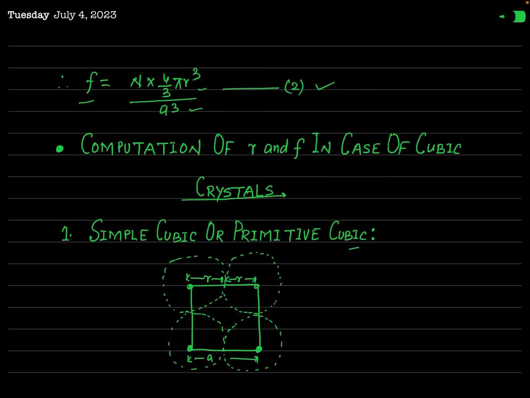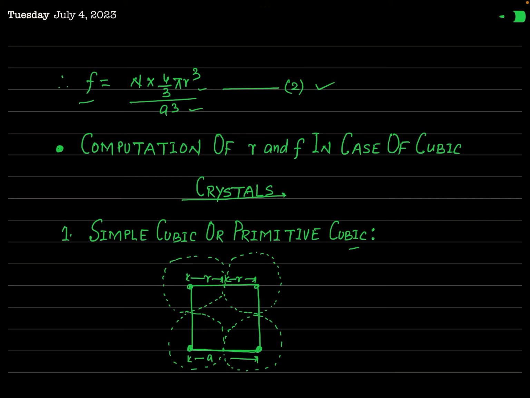I have shown only one of the faces of the cube, because in this case the atoms are only at the corners, not at the center of any face or at the center of the body of the unit cell. So in this case, the nearest neighbors are simply the atoms situated at adjacent corners